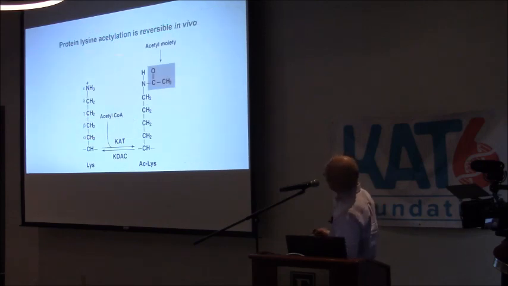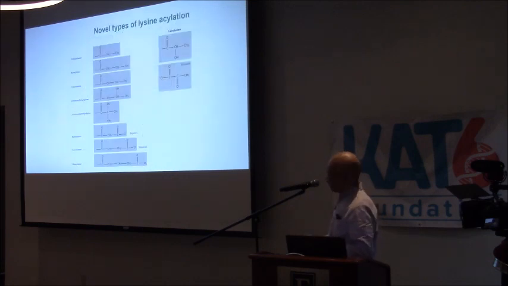And chemically, this is a lysine residue, and you just add this ester group. That's what we call acetylation. So we all drink alcohol. This is the part structure of the alcohol, the ester group. Now we know that in addition to this lysine acetylation, there is also propionylation, and some others. This relates to the short chain fatty acids that Dr. Kelly asked about.